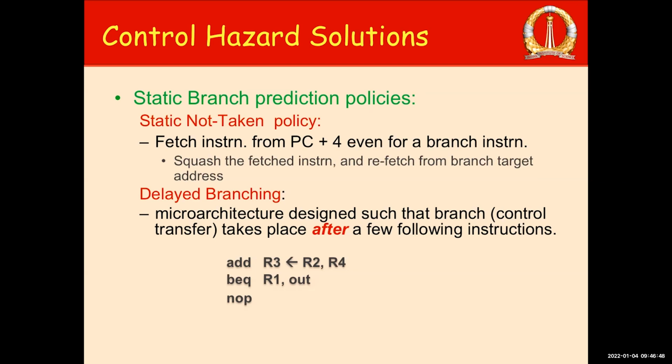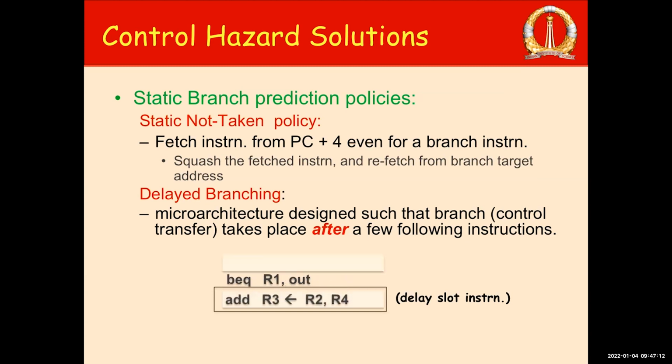But there is no additional benefit, because instead of wasting a cycle, you are executing a no-op instruction. But the real benefit comes if you can actually move some useful instruction ahead of the branch into the location where the no-op is. So for example, if you call this a delay slot, and then if you can actually move the add instruction on which the branch is not dependent into that location, then the ith instruction